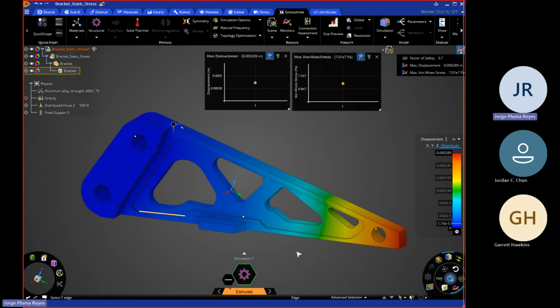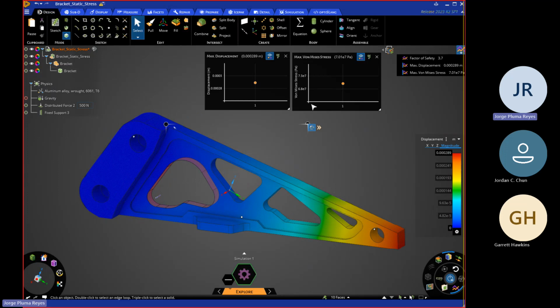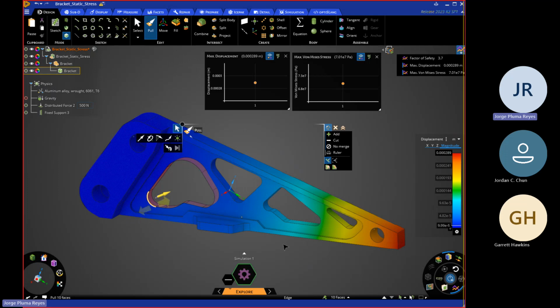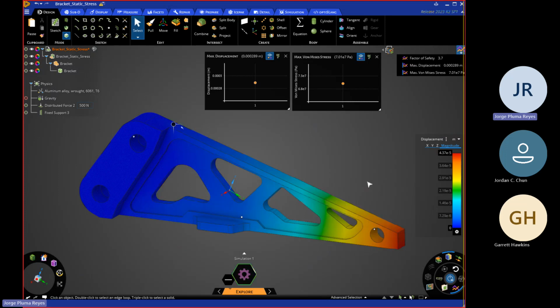Some pretty common things to maybe do is just make this hole smaller, right? So in our design tab, there's a lot of different tools, but I would say Pull and Move and Fill are probably the key tools you want to be working with. So if I select my Pull, for example, or just click P, I can make this smaller, bigger, however I wish, right? So if I make this smaller, I expect my displacement to get smaller as well,